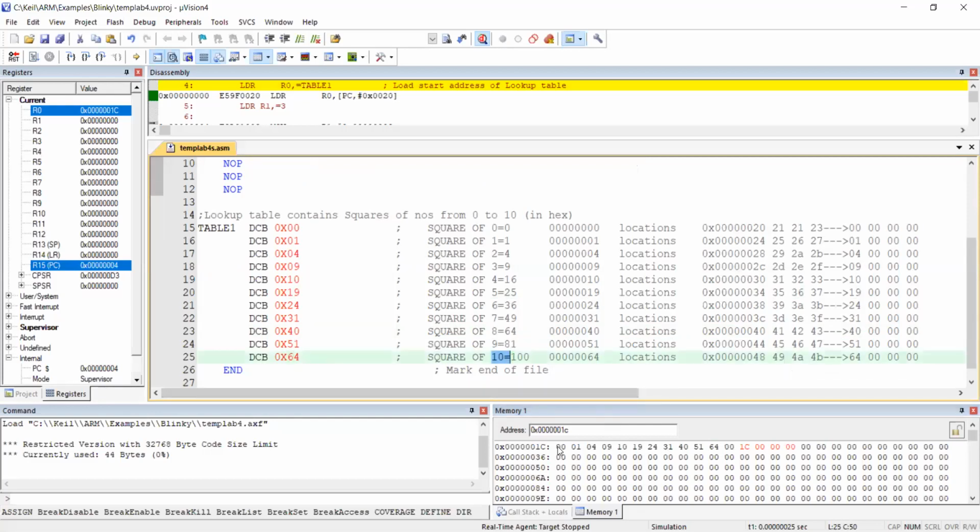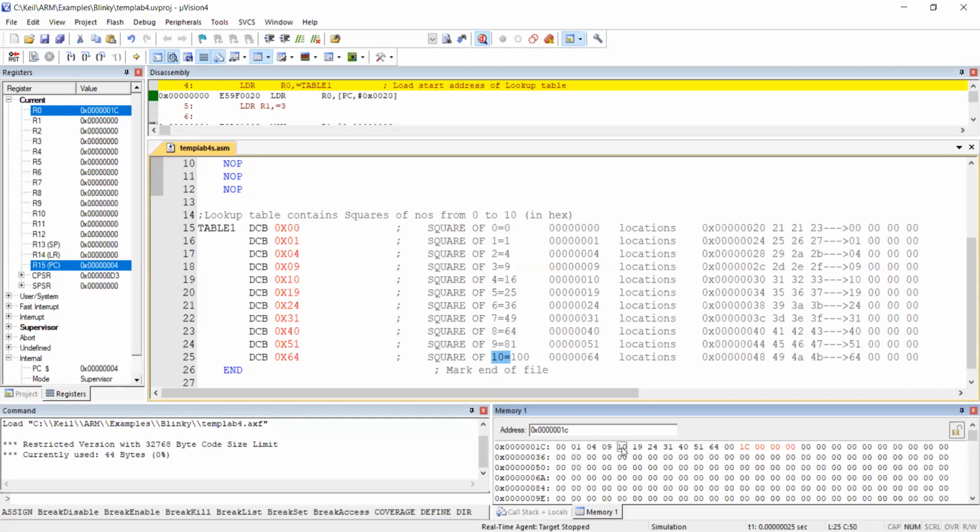Okay. See the table address: 1C, 1D, 1E, 1F, 20, 21, 22, 23, 24, 25, 26. I hope you understood. I repeat again: 1C location consists of 0 square, 1D location consists of 1 square, 1E location consists of 2 square, 1F location consists of 3 square.